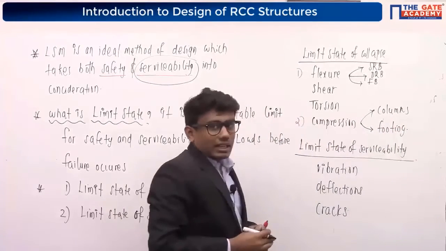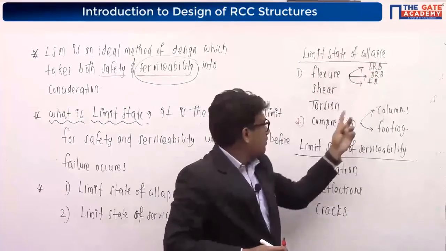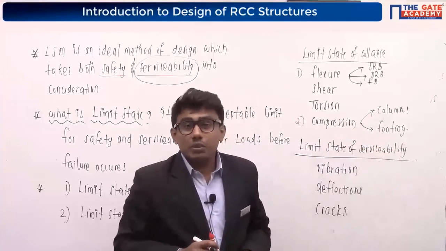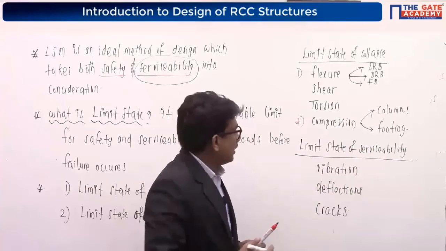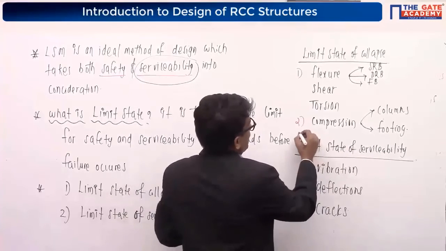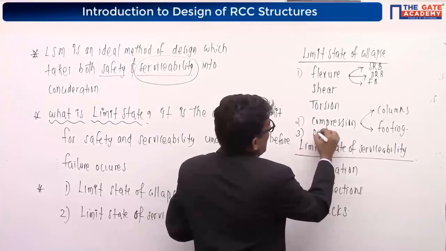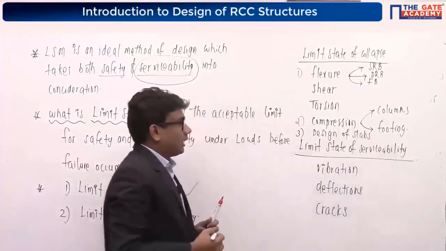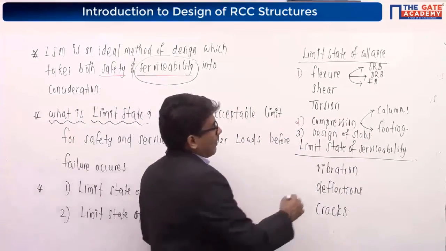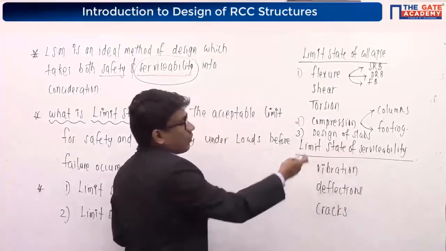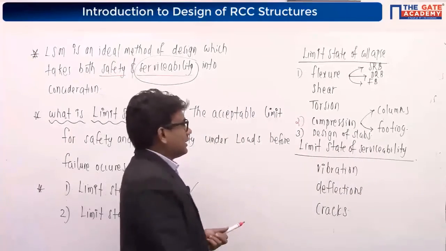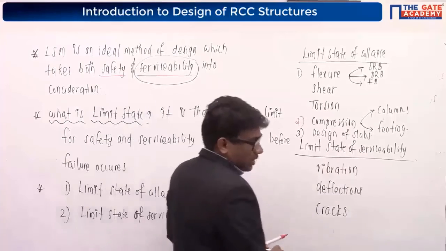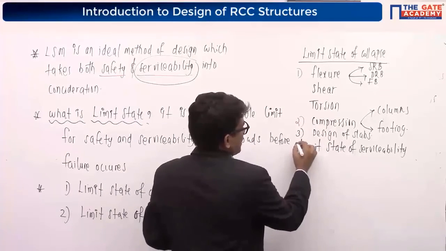So under this heading, limit state method of collapse compression, we will learn how to design columns and how to design footings as per limit state method of design. Then our chapter number 3 will be in between. If we need, we can include it there. Design of slabs will be there, and I will discuss it separately. I will discuss limit state of serviceability along with the design of slabs. Or I can consider it as a separate chapter. We can discuss it there itself, right? If you want, you can consider it as chapter number 4.